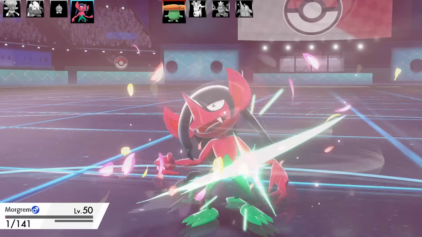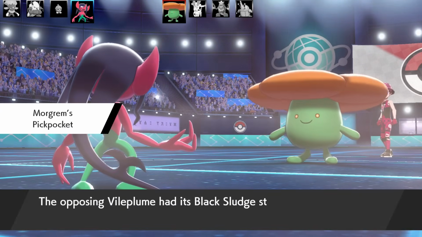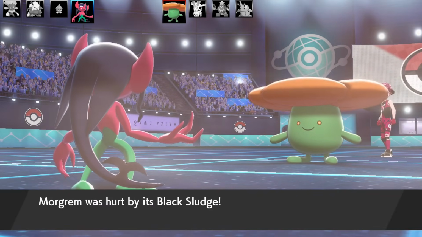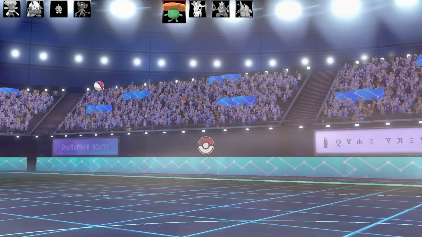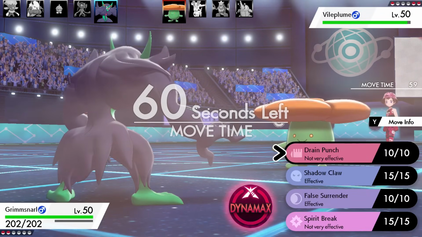And it went for Pedal Dance. And you know what? Pedal Dance is one of the few special moves as well that activate on the Pickpocket, and I fainted myself with Black Sludge. Come on, there's no way that just happened. Like, that was 100% troll. I think the opponent may have guessed what sort of team this was, judging on all the Pickpockets lately,